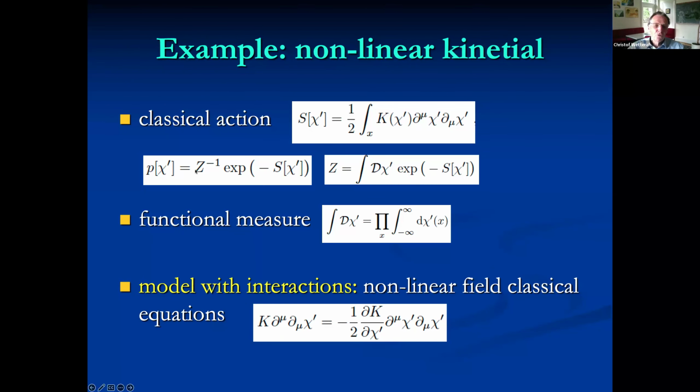Then you have, of course, as usual, a probability distribution associated to it in Euclidean or a corresponding weight function in Minkowski signature. You have the partition function, and the partition function involves, of course, a functional measure, and the functional measure is taken here to be linear. So it's just an integral over the scalar field at every point x. Now this model is a model with interactions. You see that immediately if you solve the field equations, then you see that it has terms that are not linear in the fields. So it's typically a theory with interactions.